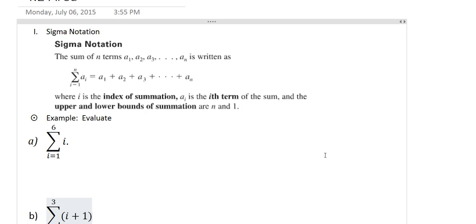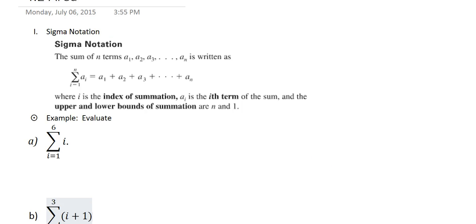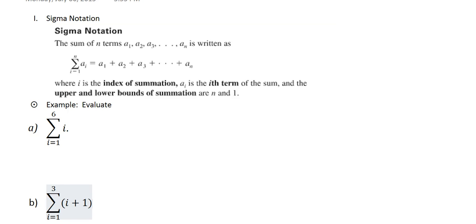In this section, we're going to be talking about area, but before we can do that, we need to introduce sigma notation. So that's what this video is going to be about. Sigma notation uses this symbol that looks kind of like an uppercase E, but it's actually a Greek letter, uppercase sigma. And it says the sum of n terms a sub 1 through a sub n is written as